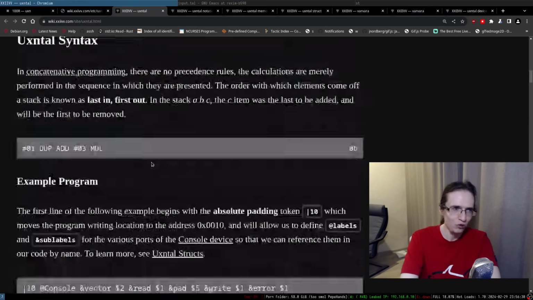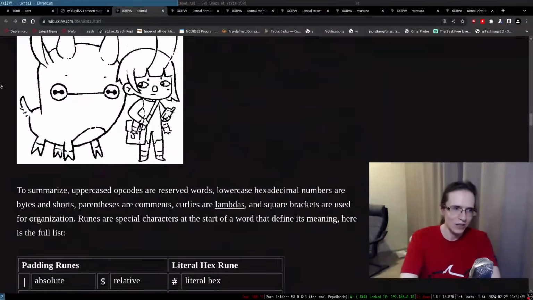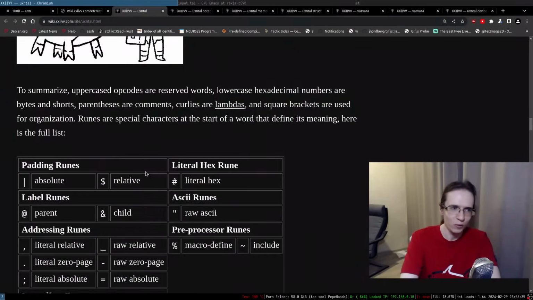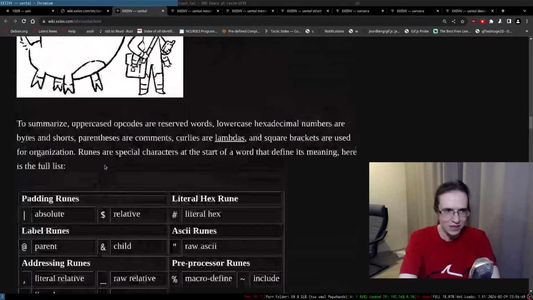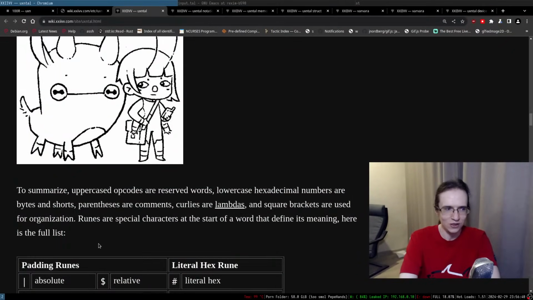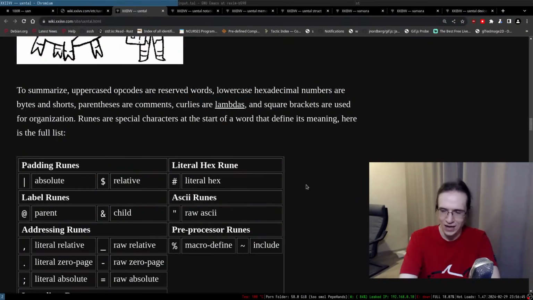And especially they should not have explained that parentheses are comments somewhere at the end of the chapter. I think they should have put this at the top: here are the things that you have. Here's the map, and here's the forest. You don't put the map of the forest at the end of the forest. No, it's not how it works.